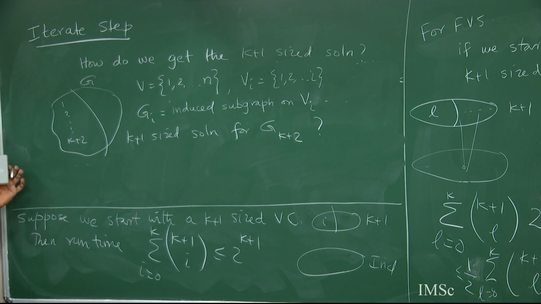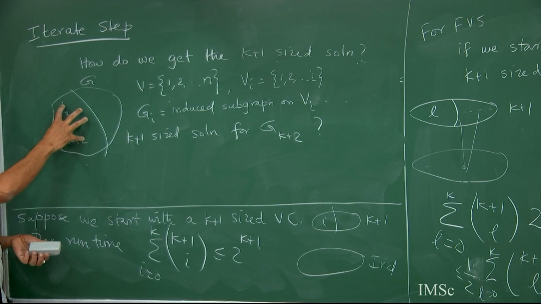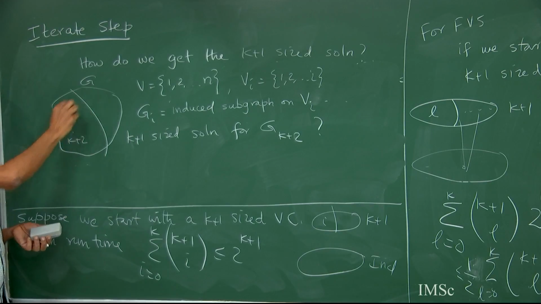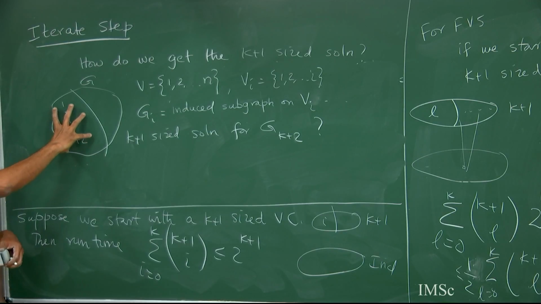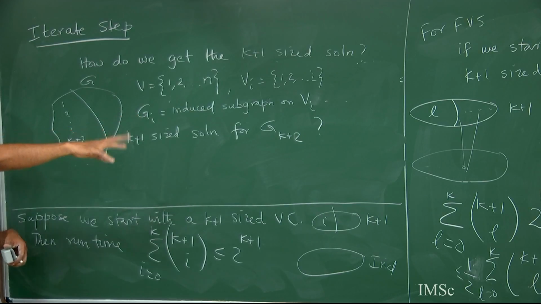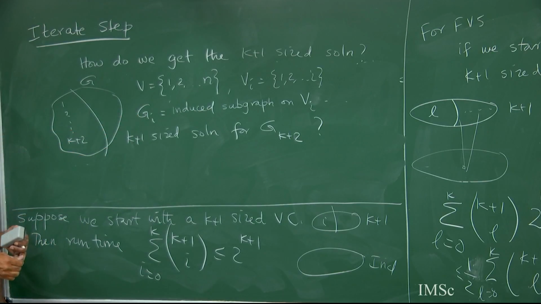For example, for something like dominating set, I may not be able to find the k size dominating set here, but if you include some more vertices, I may be able to find one. So, this is a very important, critical property you need to apply this iterate step. So, I take this graph, give it to my compression step and say, can you give me a k size solution from the k plus 1 size solution, and if it says no, I will say no, the whole graph does not. If it says yes and gives me a k size solution here,